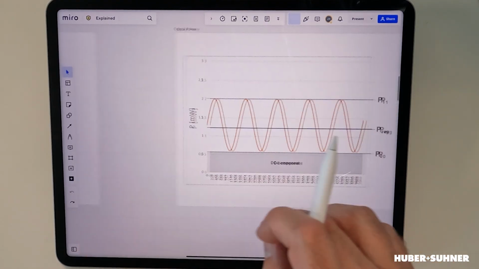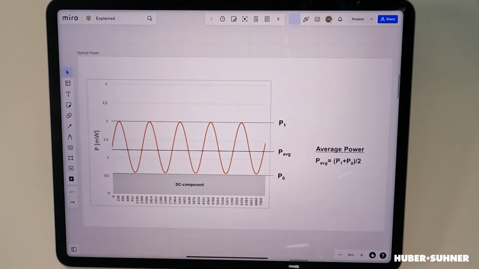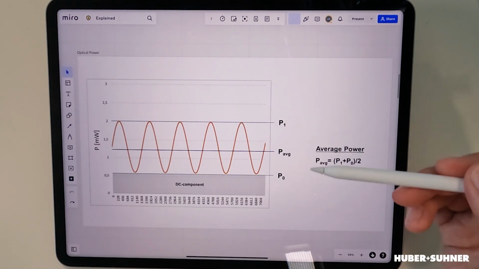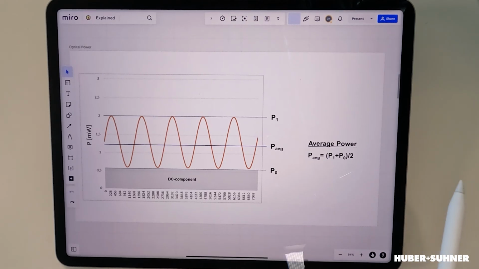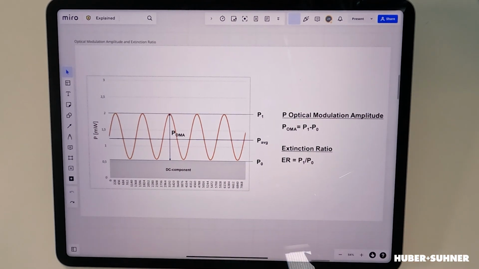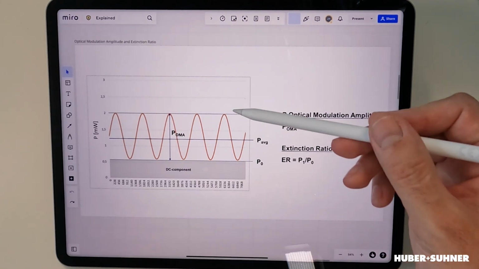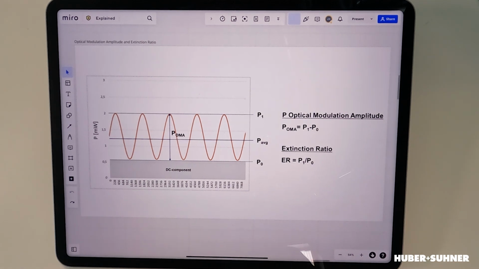So now let's have a look at how we actually measure an optical power. The optical power is a measurement of the average. So it measures the average between the higher and the lower state. But what that means is that the optical power doesn't say anything about the optical amplitude. Of course, the optical amplitude is very important for the receiver to be able to decode the signal. So what we then do is look at the so-called OMA, which is the optical modulation amplitude. That is the actual delta between the higher and the lower state.